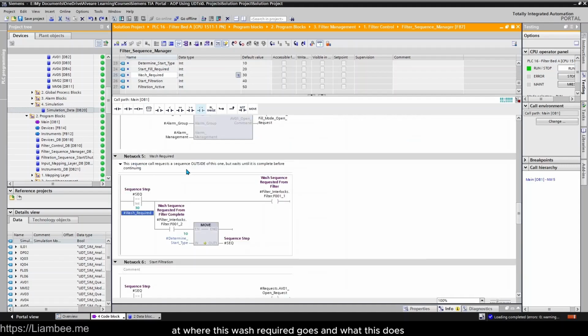So this brings us down to this step here, where we activate the interlock that says wash sequence requested from filter, and then we just sit in this state. So we're not stopping this sequence. What we're doing is making a call to another sequence that says you need to start and I need you to do a wash. We'll be able to pick that interlock up there and say we are starting a wash